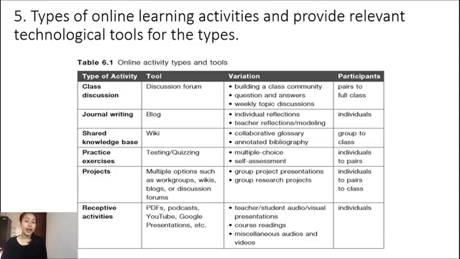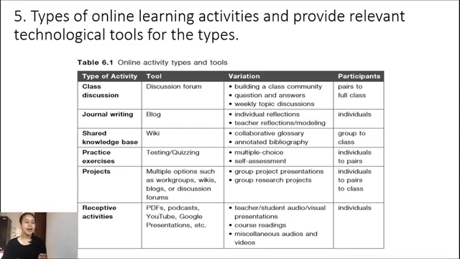Next, number five are the types of online learning activities and provide relevant technological tools for the types. For example, class discussion, and the tool is a discussion forum like in Schoology. Students can discuss the matter on that, and journal writing like blogs. For example, students make their own text and post it in their own blogs, and share notes by using wiki, and practice exercise by using